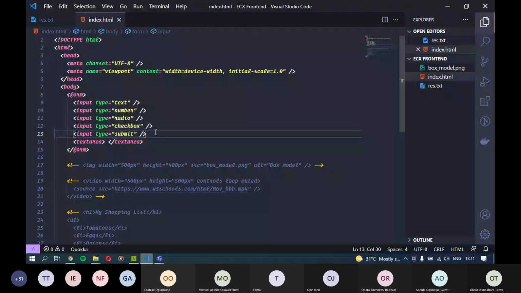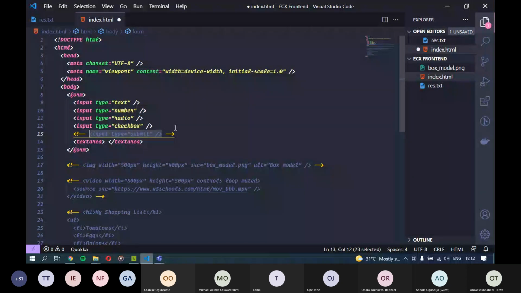This input of type submit does not necessarily show meaning, because for all the other ones, text, number, radio, checkbox, text area, we were collecting inputs. But for this, we are not necessarily collecting input. We are submitting what we've gotten. So using input of type submit is frowned upon. Instead, you should use a button.